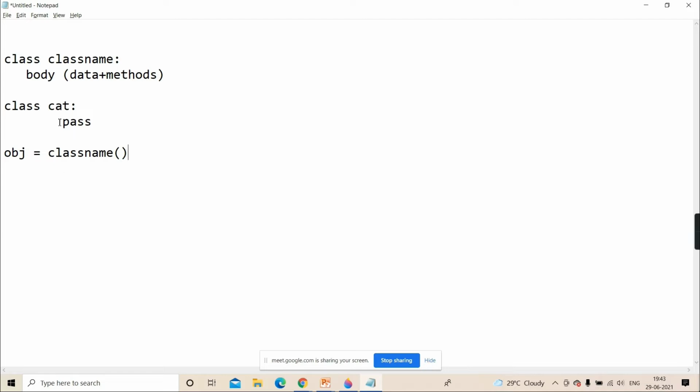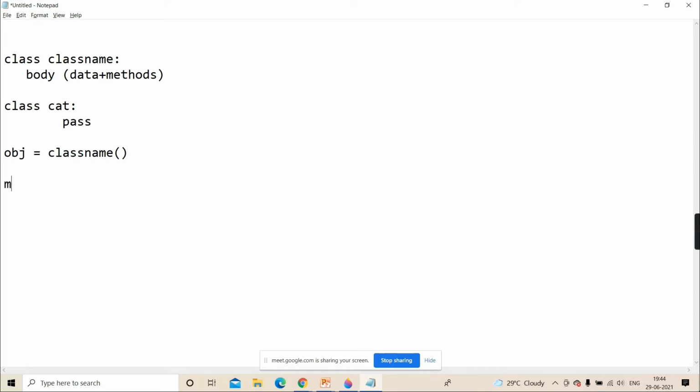Write object equal to class name, and just round brackets. They will ask why you write round brackets. So this is actually a call to the constructor. If someone doesn't know about constructors, don't worry, we'll come to it. Some already know C++ and Java, so they know what a constructor means. Implicitly the constructor is called. So at this moment leave it aside, just remember: give the class name with round brackets, an object of that class is created, and then the reference comes into obj. Actually after creating the object, the constructor is called immediately, and then the reference is returned, which comes in obj.